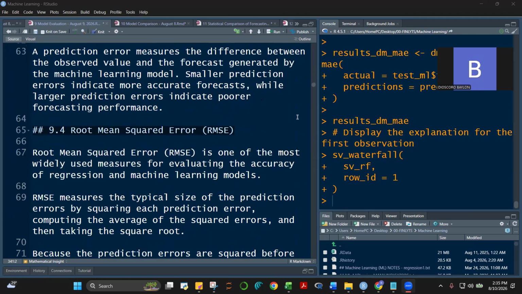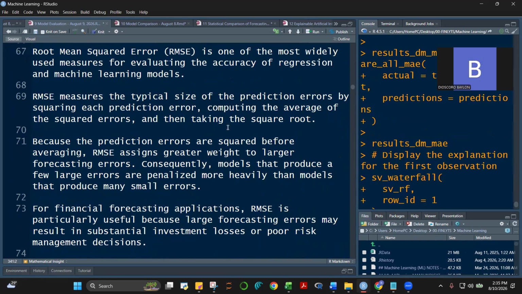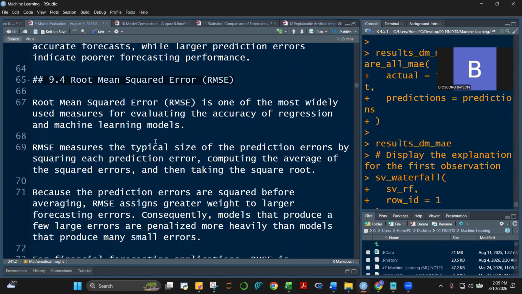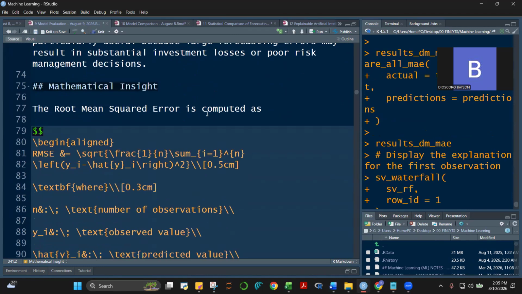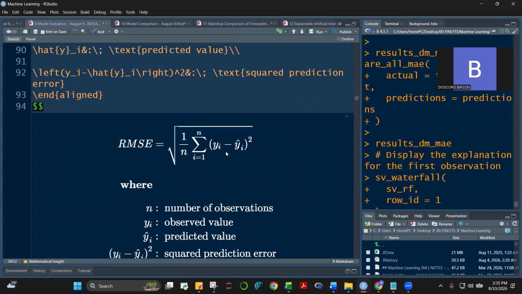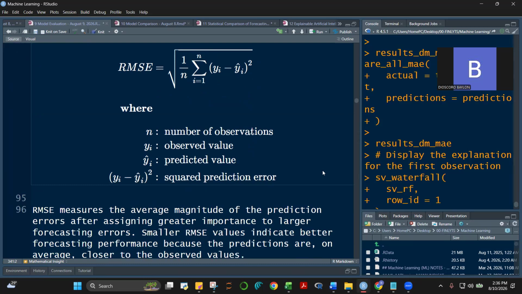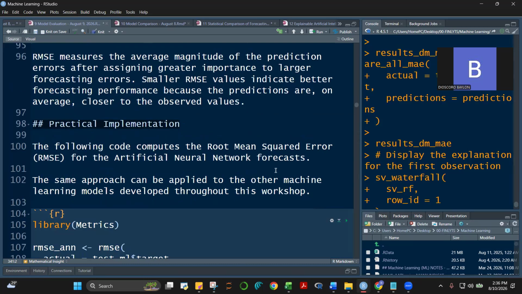So we discussed this last time. This will be a very short description, just a review. We looked at the root mean square error, the RMSE, and how did we compute this? It's simply squared errors. This is the actual test values minus your predicted values, squared, and then we add it up and get the mean, 1 over n of the sum of all your squared errors, and then get the root. That's your RMSE. And of course, we know that the lower the RMSE, the better.